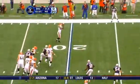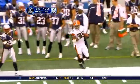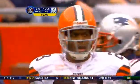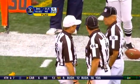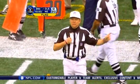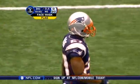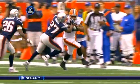Anderson under pressure, now flips it out to Jason Wright. And Wright across the 30 and out of bounds, and there's a penalty marker. Walt Coleman will tell us who and why. Face mask, 27, defense. 5-yard penalty from the end of the run. Actually, he first told us why and then who. Ellis Hobbs, the cornerback. The incidental face mask. Rather than grabbing and holding on,